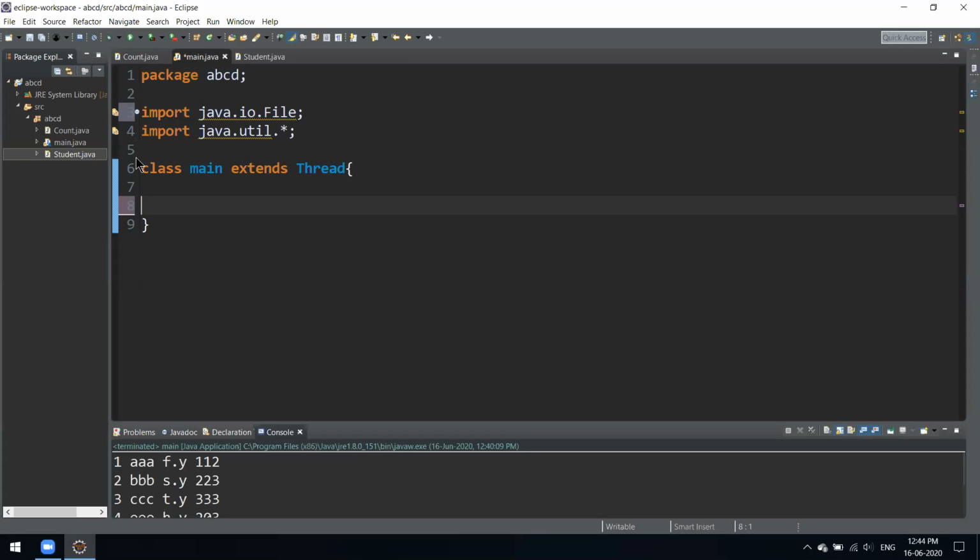So let's quickly look into queue. What is a queue? It's a very useful data structure. If you have some complex algorithms, we have to use these kinds of data structures. Again, there are different kinds of queue. We'll see the priority queue.